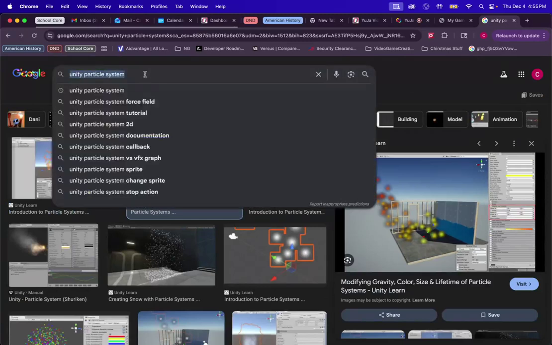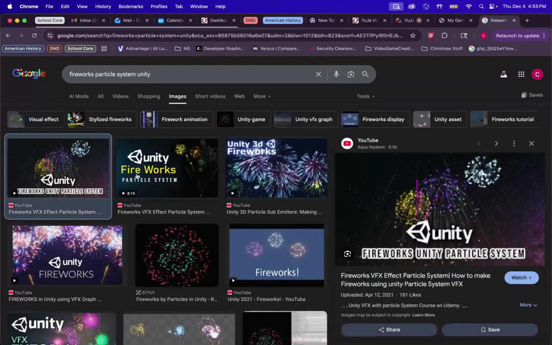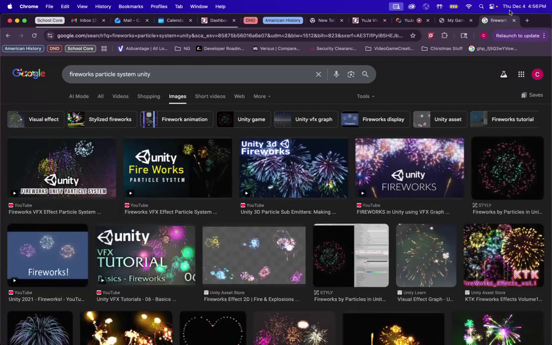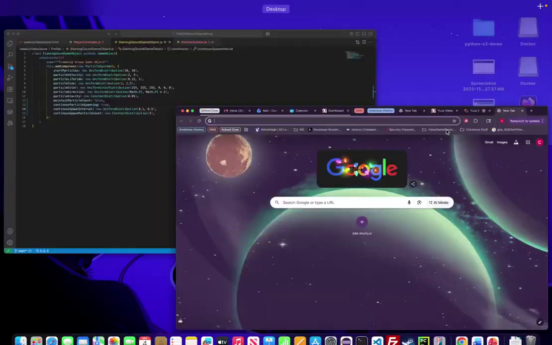Like for example, one common thing a lot of people do is fireworks for particle systems. That's kind of a good introduction. So if you don't fully understand particle systems, or you want to include particle systems, but it's kind of just a niche thing. When you beat the game, you can include fireworks, and the way you do fireworks is it's more of something of